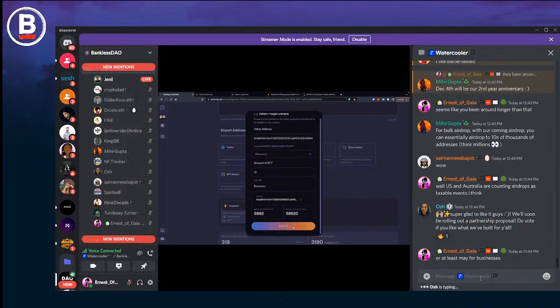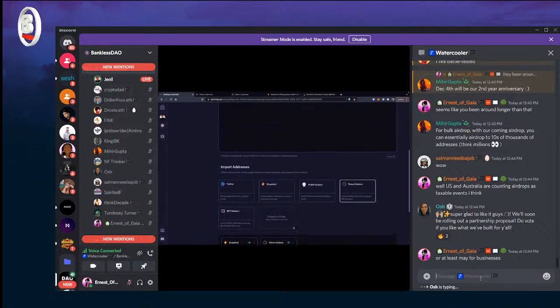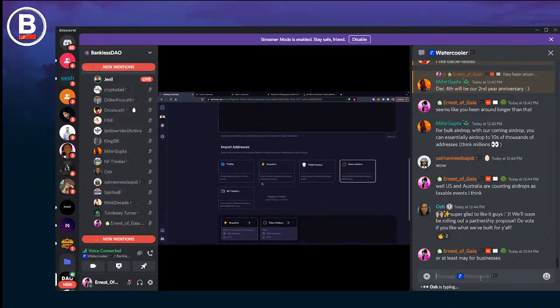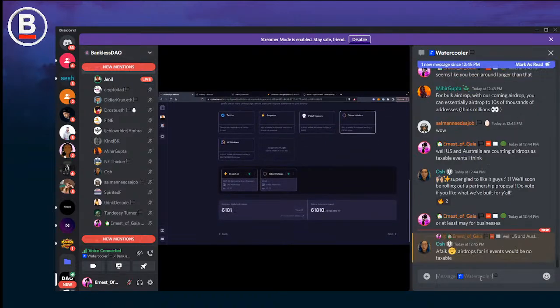So you can press submit. And you can do this for any kind of token. And then you can go ahead and create the airdrop. You can even do a very simple airdrop. So if you're distributing tokens to only a small amount of people, you can copy and paste it here. But in this case, you can see all the addresses in total that we're airdropping. And you can see a snapshot of how many tokens you're airdropping out of the total amount.